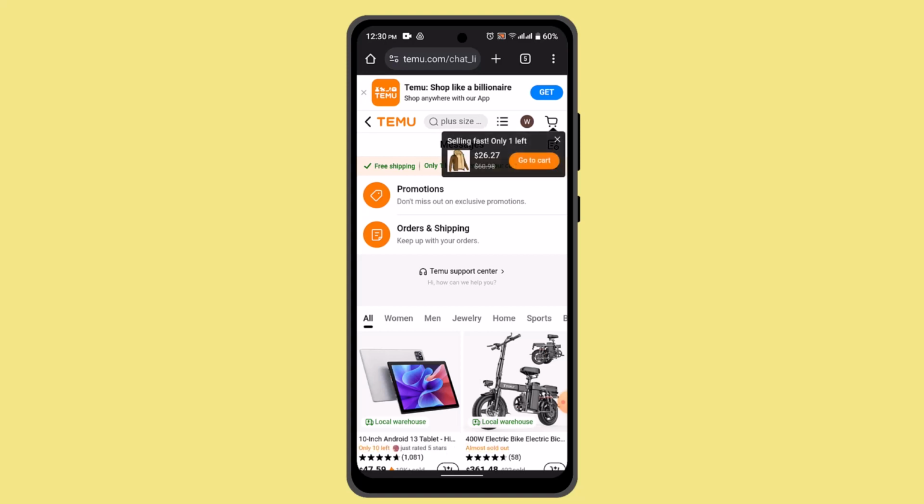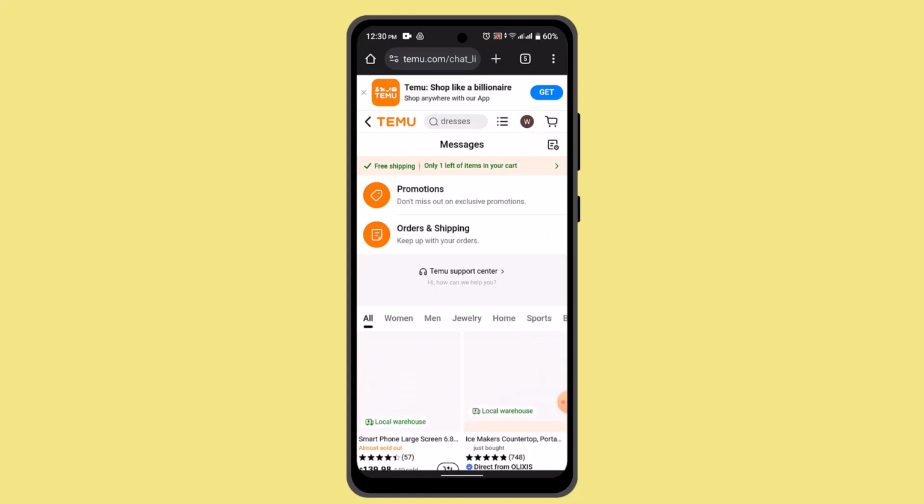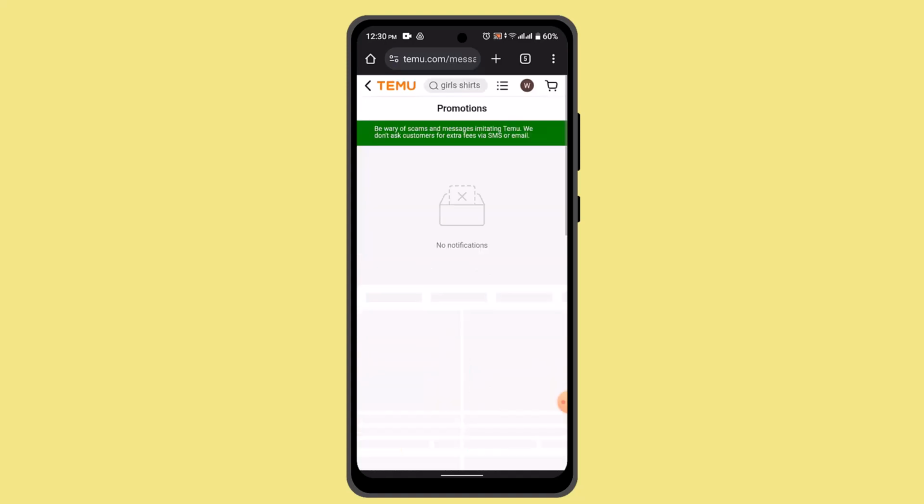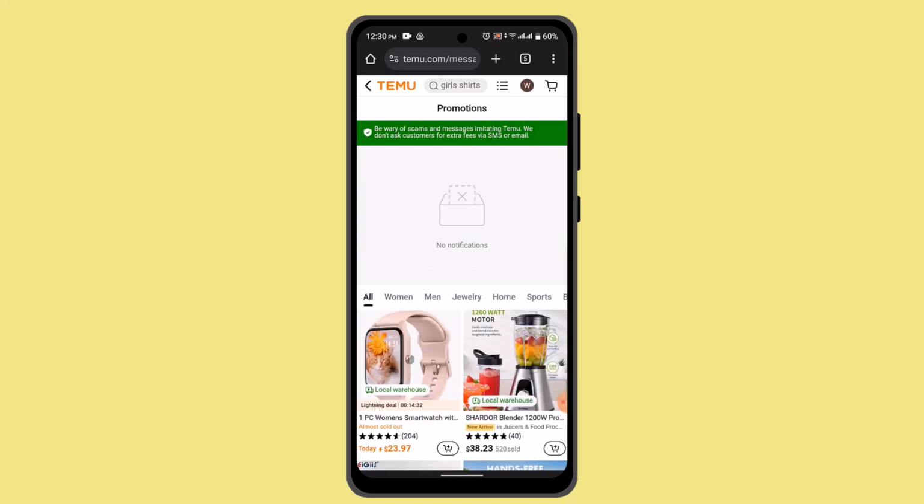And when you log into your Temu account, it's going to show you this sort of interface, right? So when you are on the home page, press the profile icon and then go to messages. Here you can see there is an option that is promotions, and these are basically sent to you by Temu, and it is not actually an ad. However, if you wish to block the following notifications, promotions or ads, then what you'll have to do is